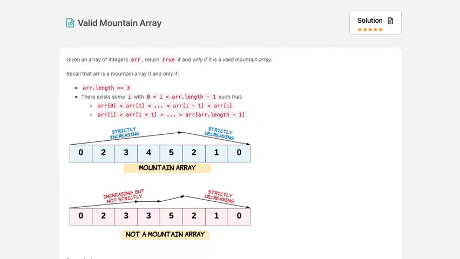Given an array of integers, return true if and only if it is a valid mountain array. So what is a valid mountain array? The definition of a valid mountain array is here. If the array's length is bigger than or equal to 3, so this is going to be a valid mountain